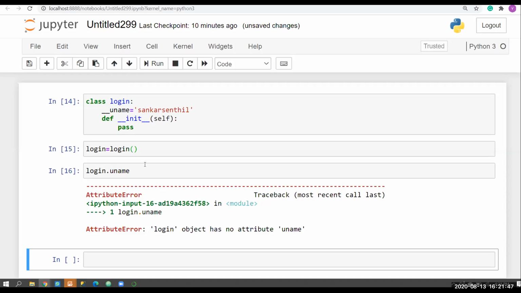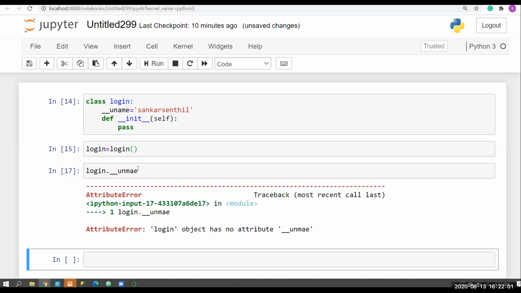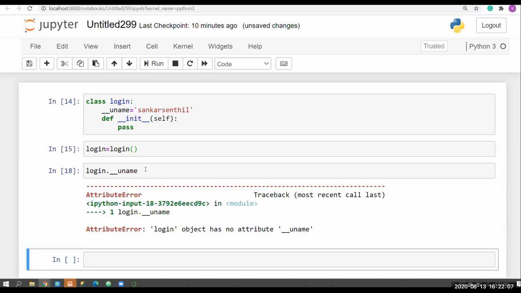Now it is hidden. So login dot tab won't show any method or attributes. Now I try underscore uname. It prints that login has no attribute uname.